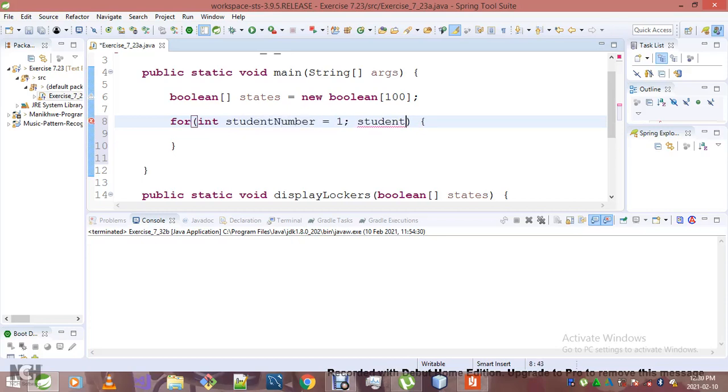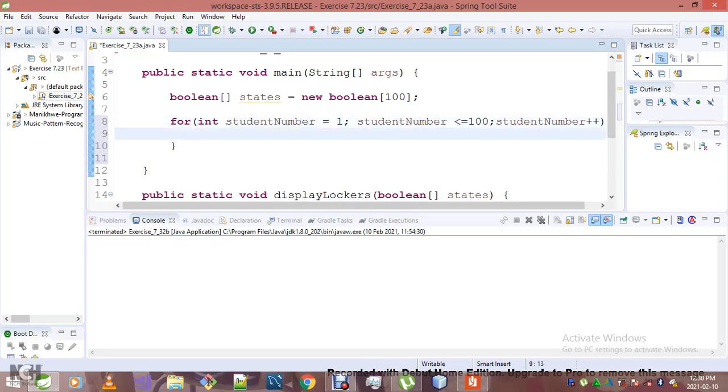So while student number is less than or equals to 100, student number plus plus. Now let's say if student number is equals to 1 or student number equal to 2,